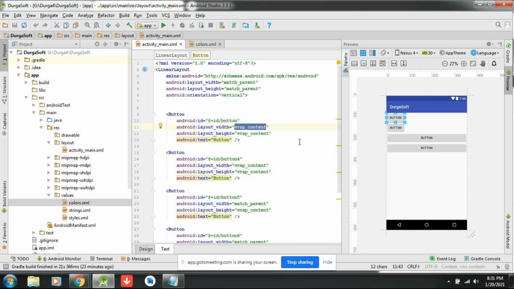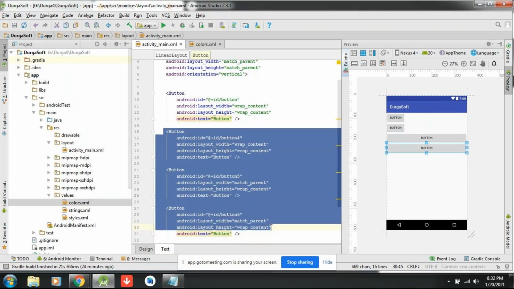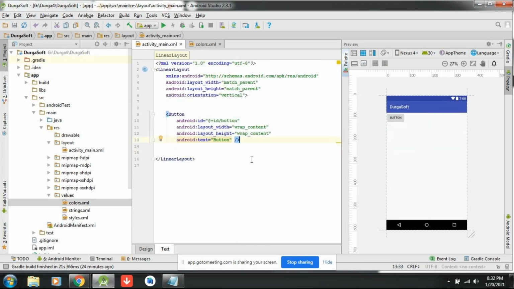Let me write a sample text, and see, if I keep on adding the text, the button width is getting increased. See, like this, like this. So anything is fine. Any property you can use for width and height, for anything. I have made you understand this one. I hope you understand linear layout.